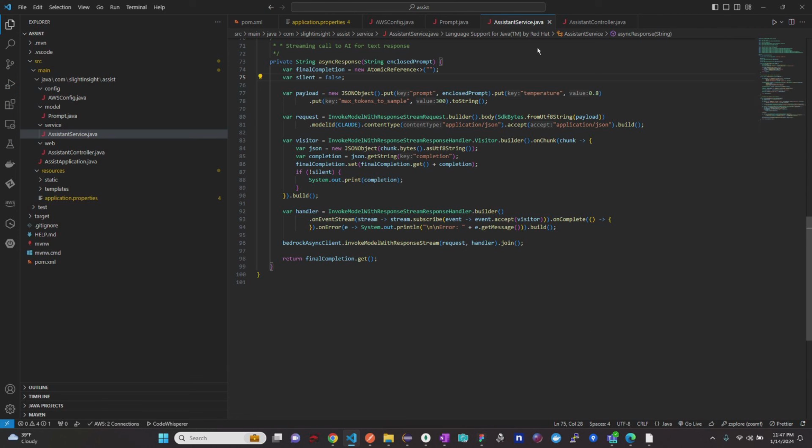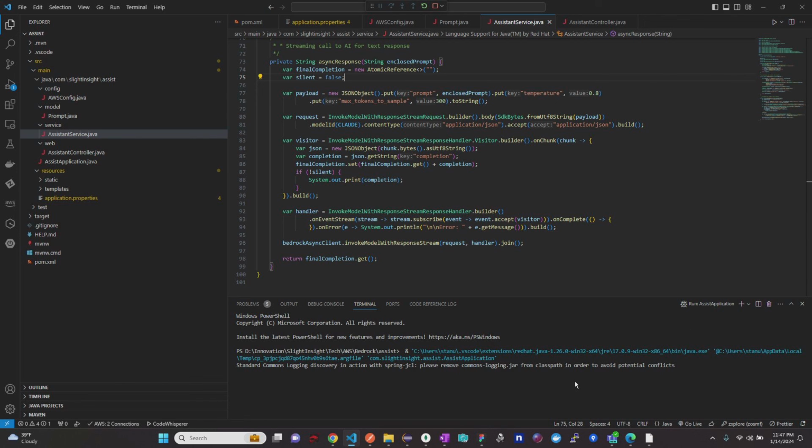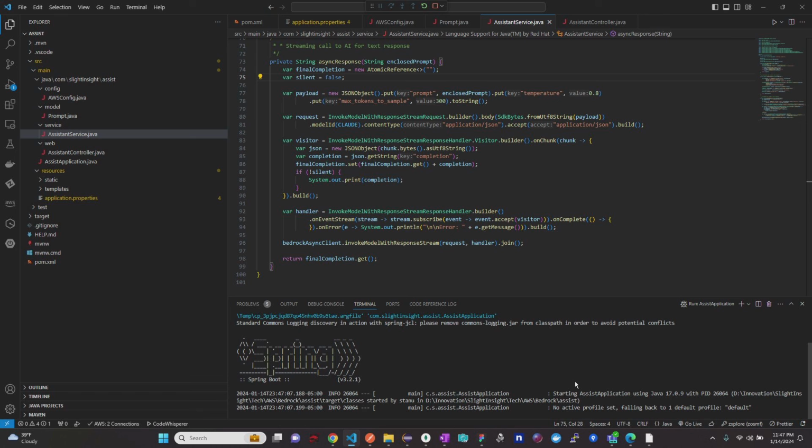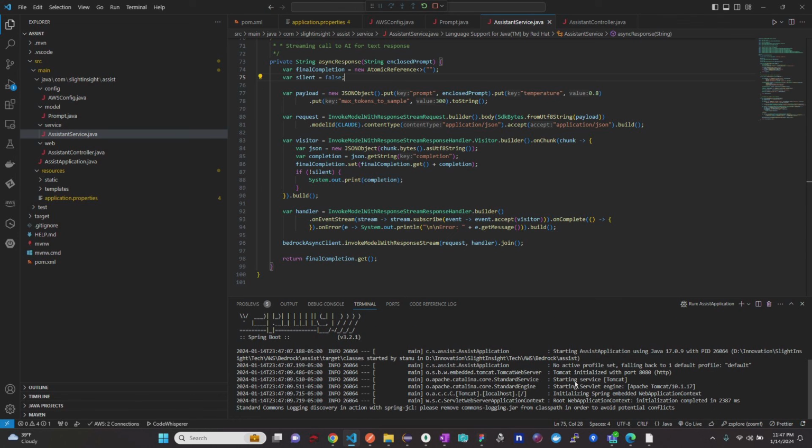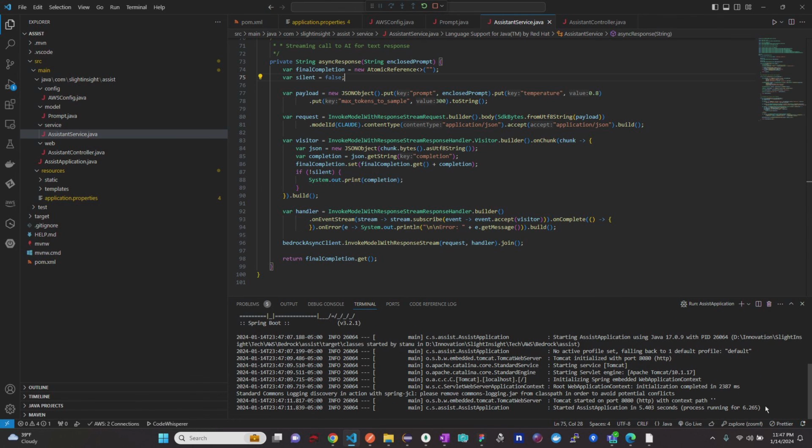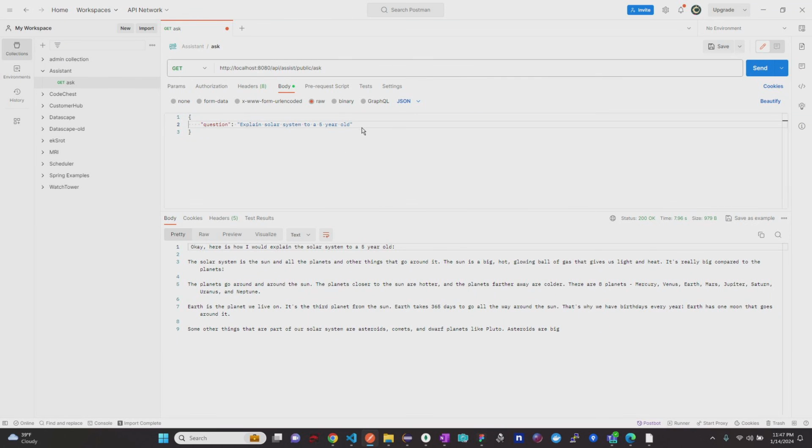With this, we are all set. Let's restart the application and go back to Postman. Here we are going to add the new variable for response type and add the value as async. Let's click on the send button